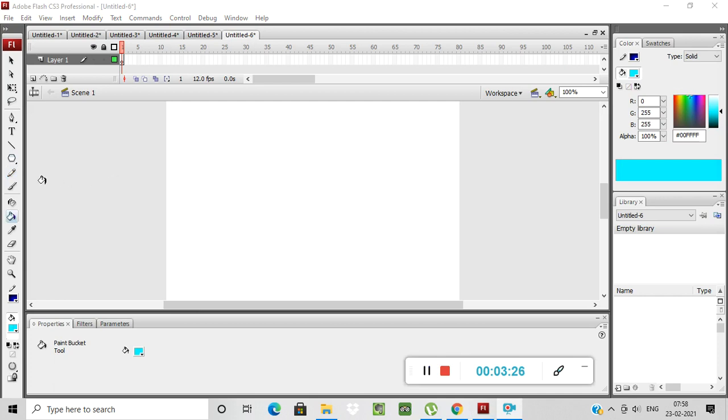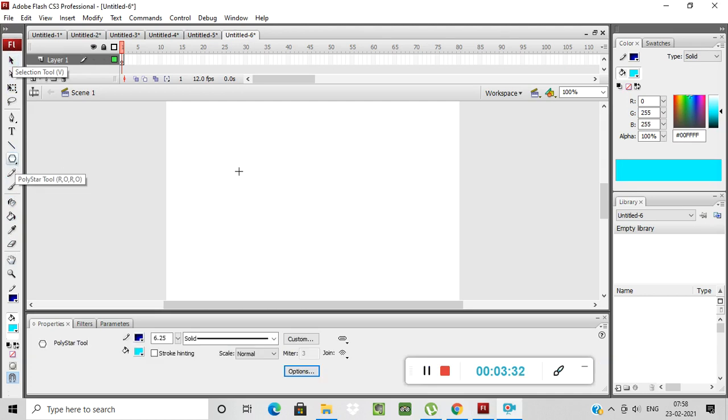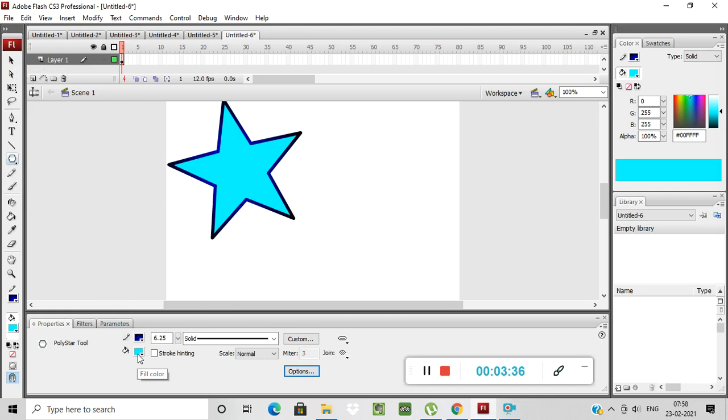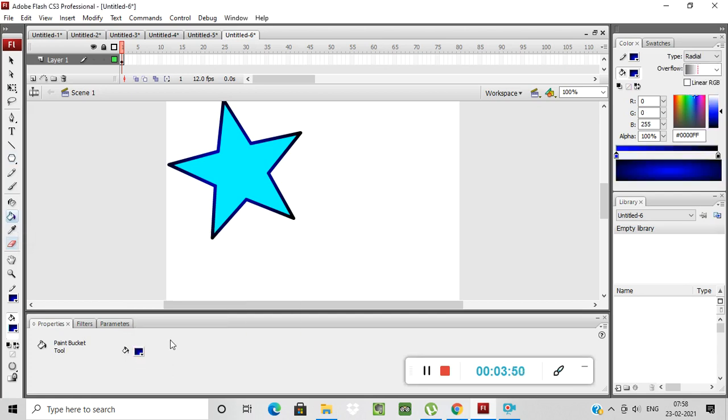Now next is the paint bucket tool. For the paint bucket tool you need to draw one shape. Suppose I am drawing a shape over here. The color of the shape is aqua. Now you can change the color by using the paint bucket tool. I am selecting the paint bucket tool and you can change the color from here.